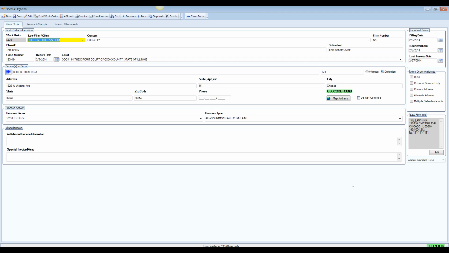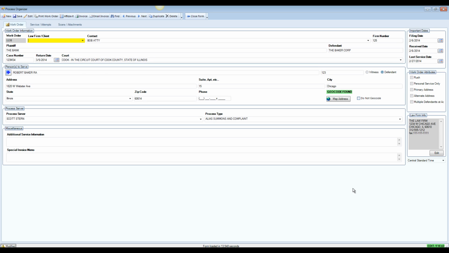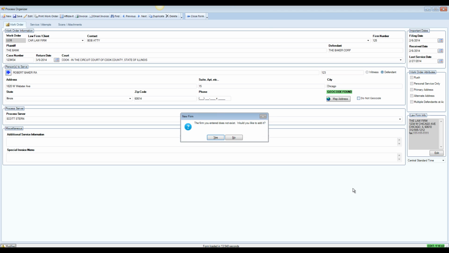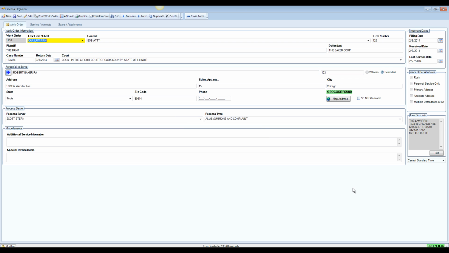and you'll notice you have the abbreviation and then the full name. You also have a drop-down menu. If this client was not a new client, you would not have to exit the system. You could simply start typing in the name of the new firm, and then it would ask you, this firm does not exist, would you like to create it? And it would take you to the user setup. But for this job, let's use the firm,